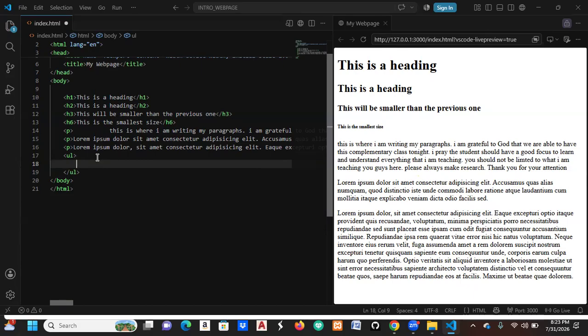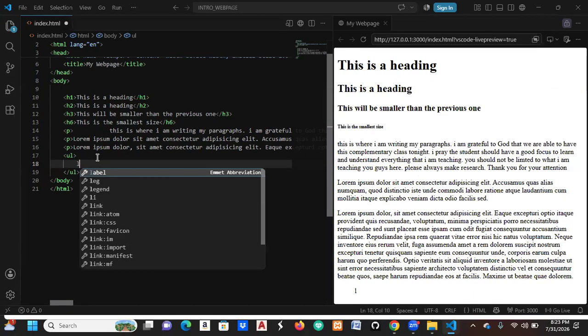Unordered is an English word that says it's not arranged in any order. So it will be represented with bullets. Now, when you want to create your unordered list, the computer will expect you to input the list in between. So for the computer to be able to recognize the items in the list, you have to use the list tag,